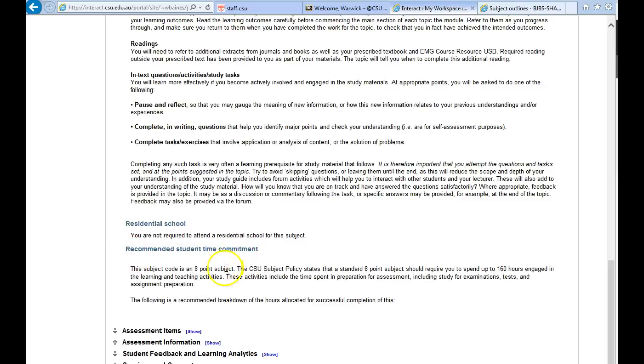Next one takes us down to the subject delivery section, and there's a new subsection called recommended student time commitment. Now, all this that you see here is auto text, and if you read that sentence, if you left it like that, it wouldn't make sense. So there is an expectation that some sort of breakdown of hours is added after the auto text,